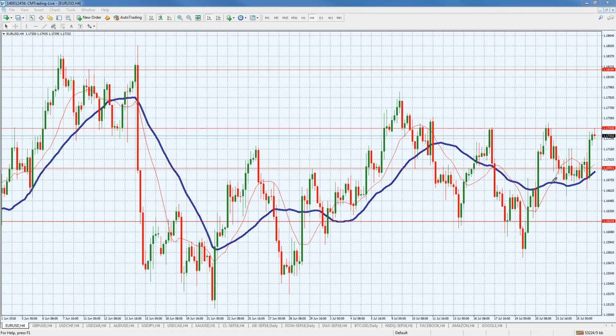So we're looking here at a 4-hour chart on the Euro USD. As you can see, we really consolidated here at 116.91, really flirting with it quite some time yesterday. We even thought that it was going to go further down yesterday. However, it did not. It stood the line and then crossed over the 117.02-ish level,